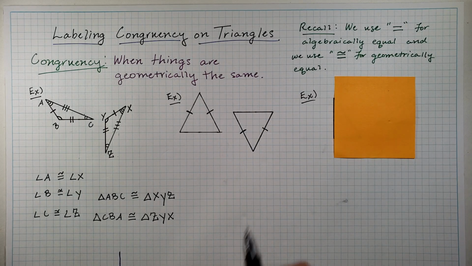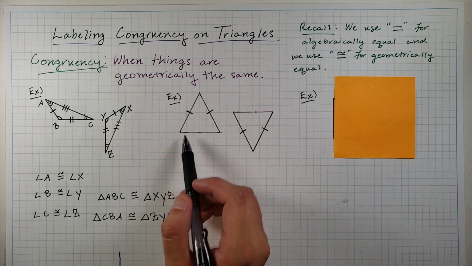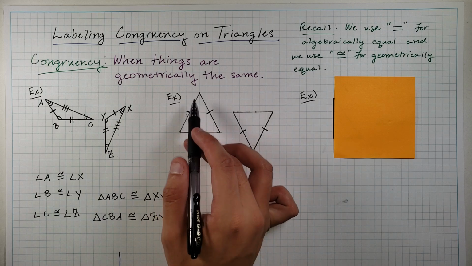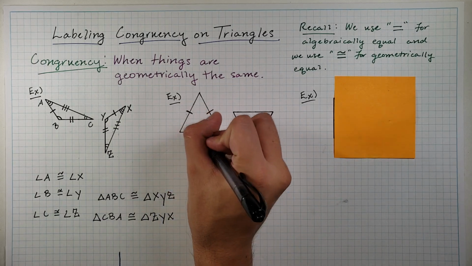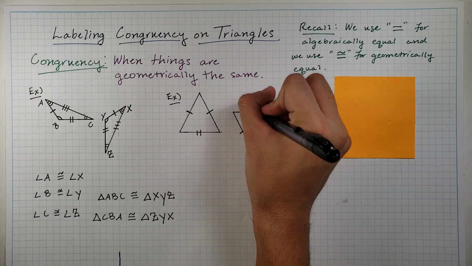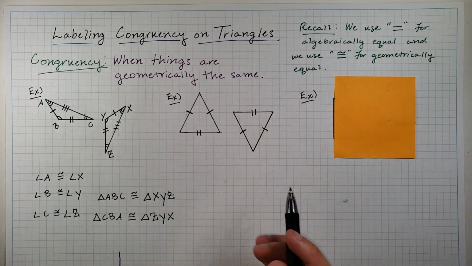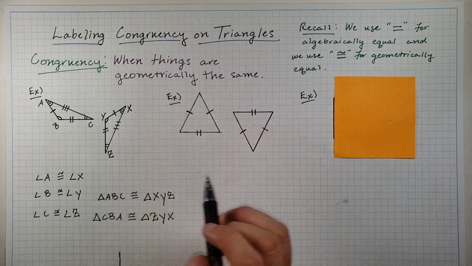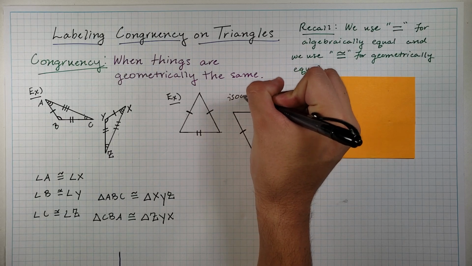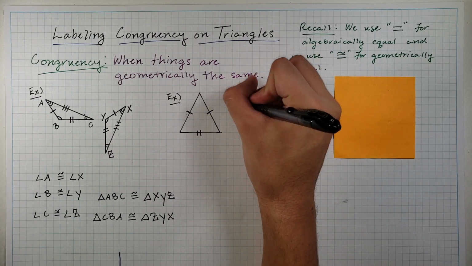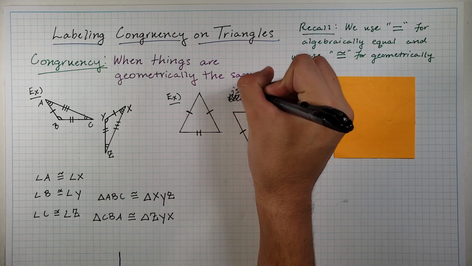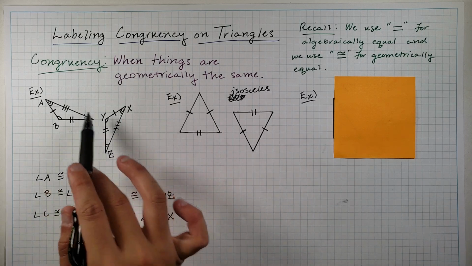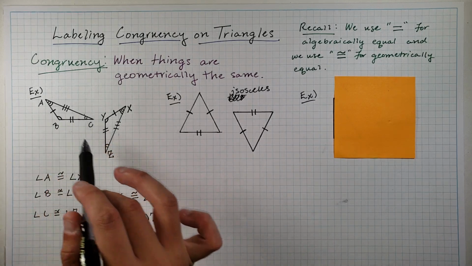And since we know that the length of this side is not the length of this side, let's say this side and this side are not equal, what we can do is put a double tick mark. And if you can tell, when you have a base that's not equal to the two legs, you have an isosceles. Oops, sorry, that's isosceles. And back over here, no sides are equal. So when no sides are equal, you have a